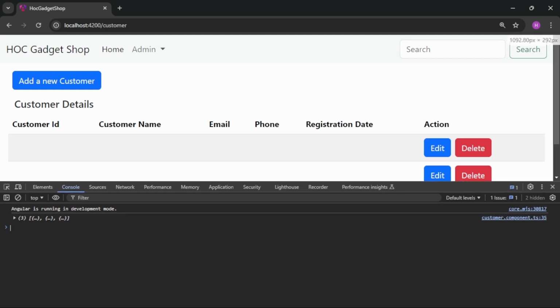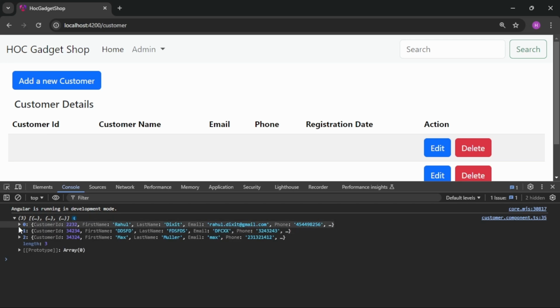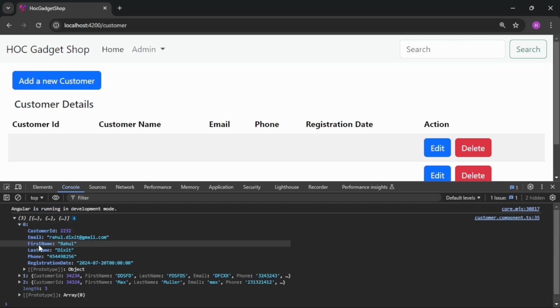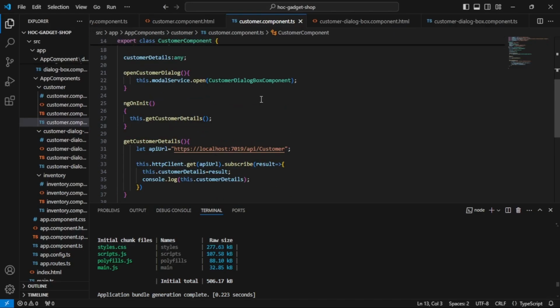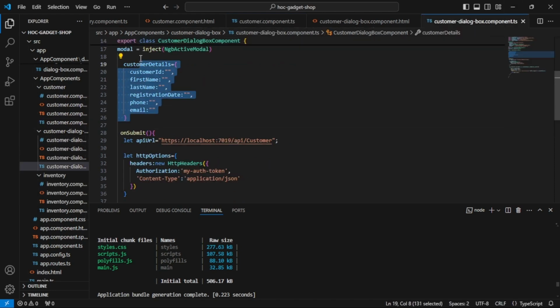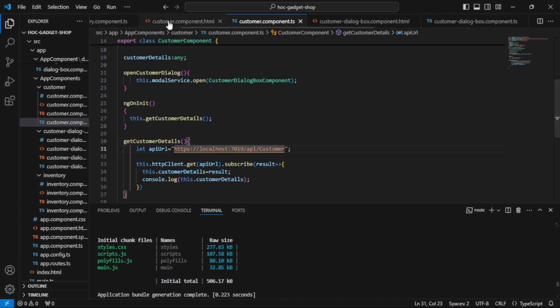And for the binding, what we need to see is which particular property we need to bind, because this is the value of customer details. We cannot have the camel casing done in the property. This property is starting with the capital C. So this is exactly what we need to bind, and that is why we have not done the binding yet. But now that we know that we don't need to use the customer details similar to this one, like we have done in the customer dialog box, we need to bind it directly to what we are receiving from the web API. So for that, what we'll do